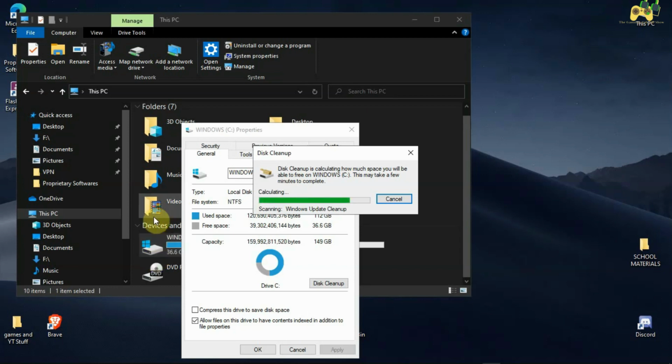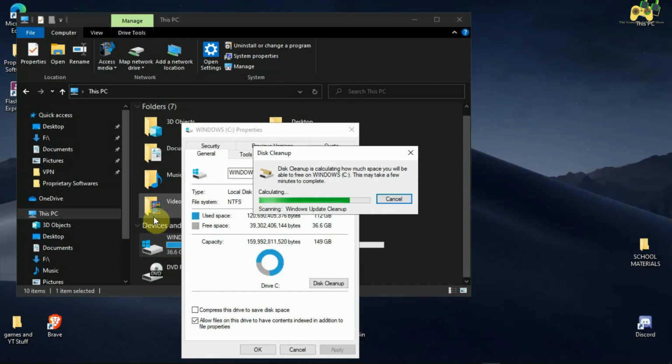Okay, the scan will take a little time, as you can see here. If your PC is a little slow, then this might even take a few minutes, but if you have an SSD, like if you have a fast PC, then this will take literally seconds. So forgive me guys if this takes a little more time, but it can depend on the speed of your PC. It can depend on the drive you have, either a solid state drive or SSD, or a hard disk drive, HDD.